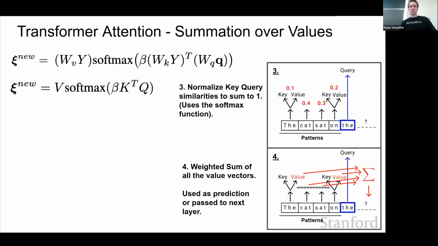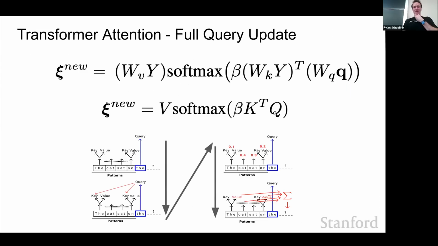And so once we've applied our softmax, we then just do a weighted summation of our value vectors, which actually get extracted and propagate to the next layer. Okay, so here's the full equation. I went through that a little bit quickly. I'm happy to answer questions on it, but I think half of you know it, half of you don't.